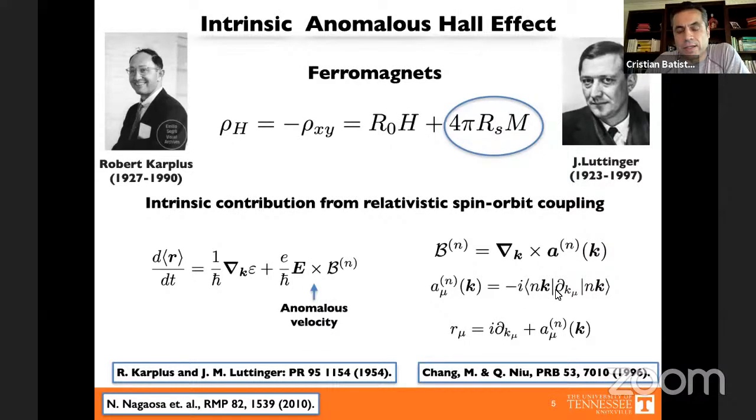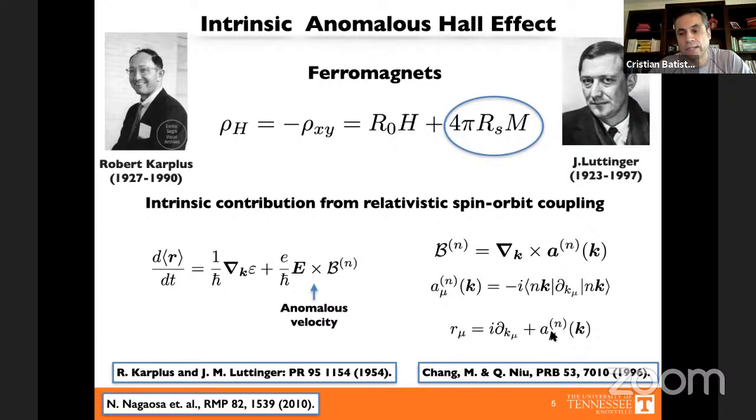So essentially, the origin of this anomalous velocity has to do with interband matrix elements of the current operator. And when you project your degrees of freedom on only one band, what happens is, as is known in general for operators, if you have operators like the components of the position operator that commute in the original Hilbert space, once you project into a subspace, these operators do not necessarily commute. So for instance, the position operator,